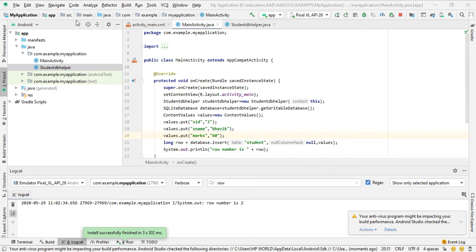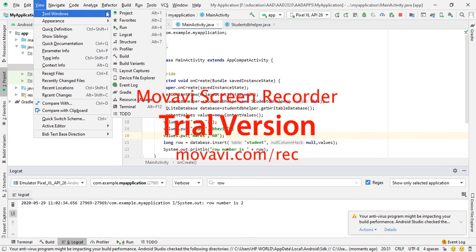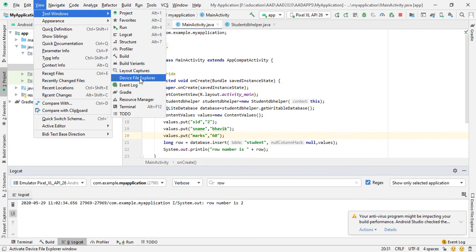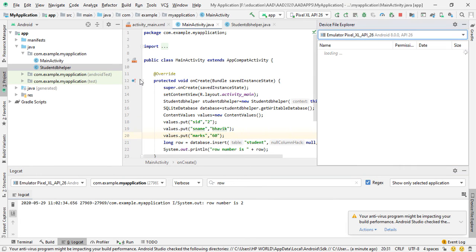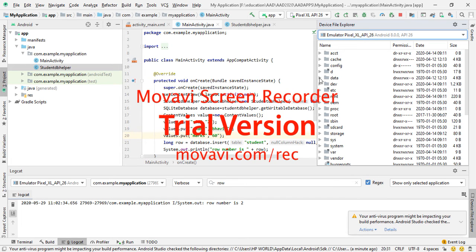Now the database is stored. To check where our database is stored in our device, in the emulator, from the View tool window, Device File Explorer, so these are the files from our emulator.